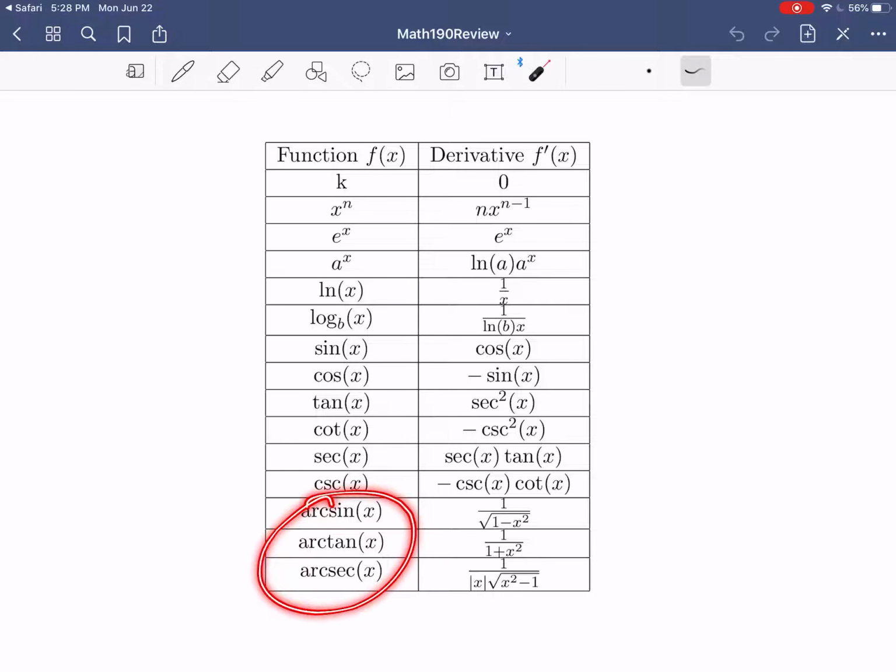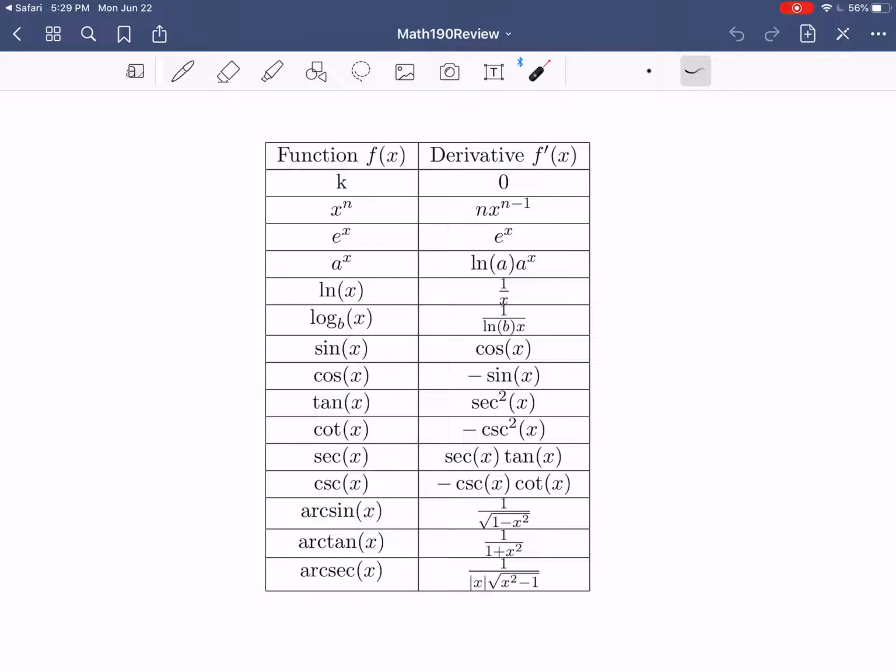And then lastly, we have a couple derivatives of some arc functions. Just out of convenience, we usually focus on the arc trigonometric functions, not the arc co-functions. So you'll notice that we have arcsine, arctangent, and arcsecant here, and we're sort of ignoring arccos, arccotangent, and arccosecant. You might know those derivatives as well, and that's great. We're not going to run into them very frequently, so these three are the ones that you really want to